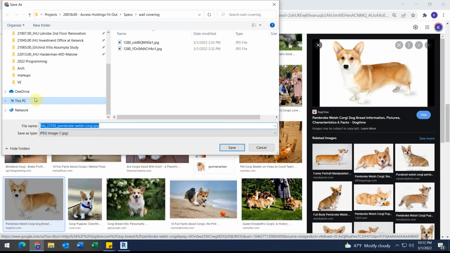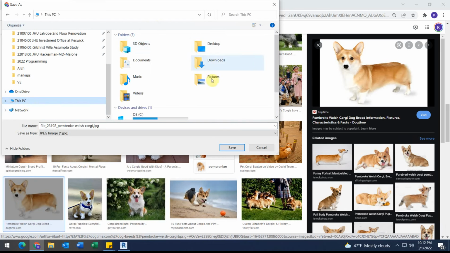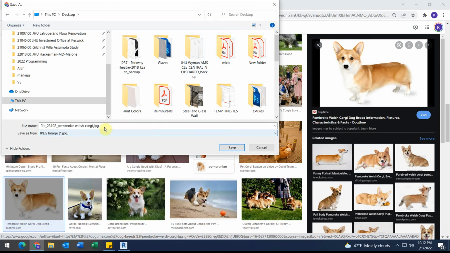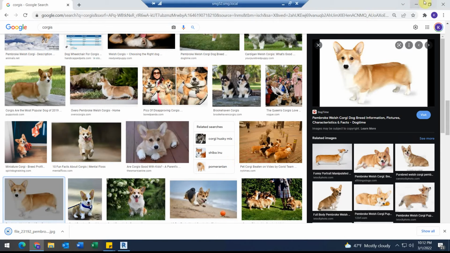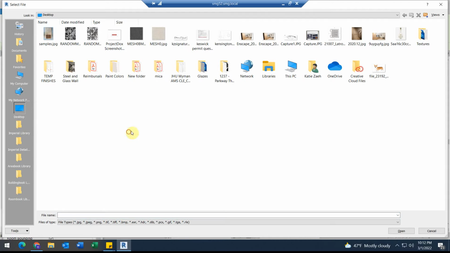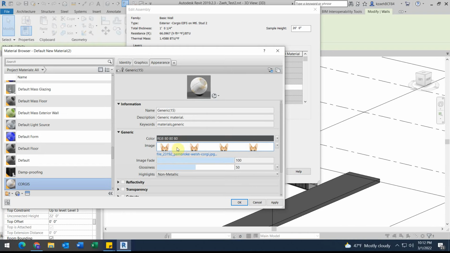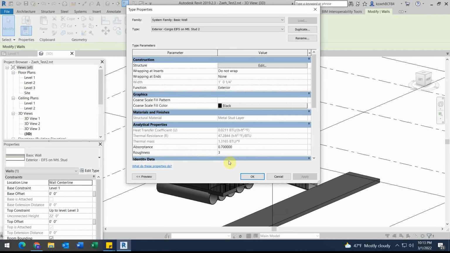I'm going to save it to my desktop so I can find it. Can I find my desktop is a good question. This PC, desktop. Okay, so once I've saved that, I should be able to find it here. I'm going to hit open, and you'll notice it pops up here. Automatically, it will tile. Let's just see what that looks like right now. So if I hit OK, and then OK again,